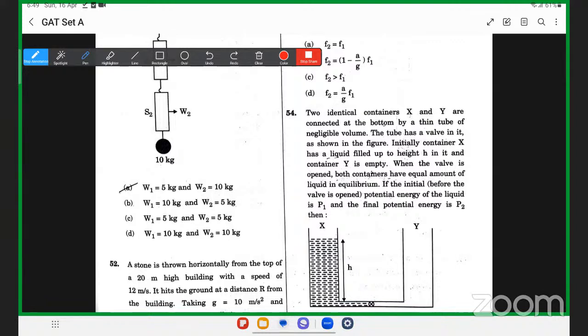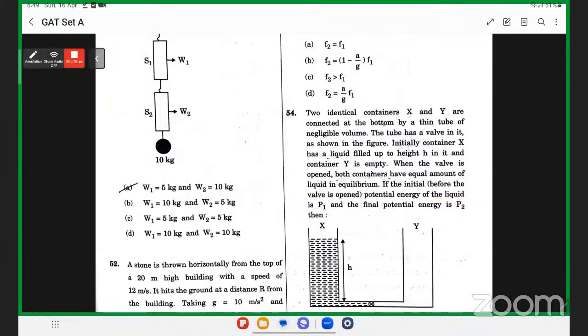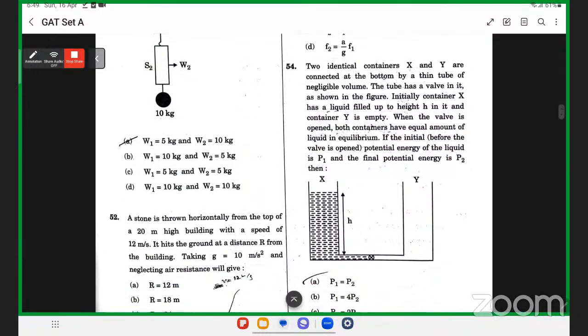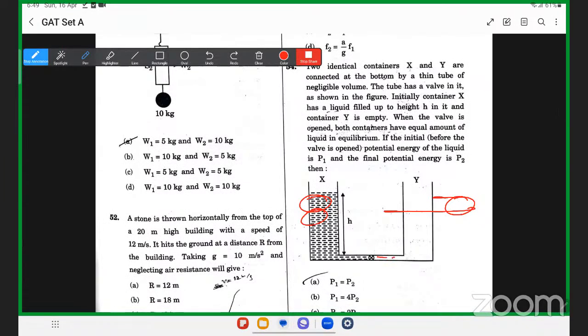If the initial potential energy of the liquid is P1, then final potential energy will be... देखो अगर हम वाल्व को ओपन करेंगे तो लिक्विड जो है हाई प्रेशर टू लो प्रेशर रीजन में जाएगा और इक्विलिब्रियम अटेन करके रुक जाएगा। तो जो लिक्विड की पोटेंशियल एनर्जी रही होगी वो मोशन की वजह से काइनेटिक एनर्जी में कन्वर्ट होगी, और फाइनली जब ये इक्विलिब्रियम अटेन करेगा उस कंडीशन में लिक्विड की जो काइनेटिक एनर्जी है वो वापस पोटेंशियल एनर्जी में कन्वर्ट हो जाएगी। तो इनिशियल पोटेंशियल एनर्जी और फाइनल पोटेंशियल एनर्जी ऑफ द लिक्विड सेम रहेगी, तो ऑप्शन A बनेगा।